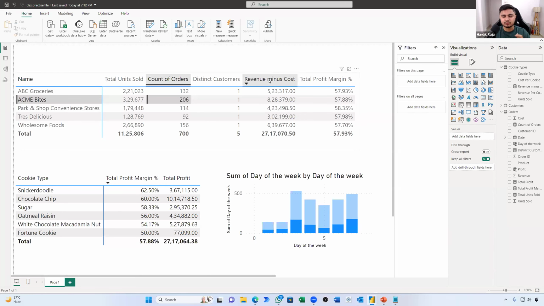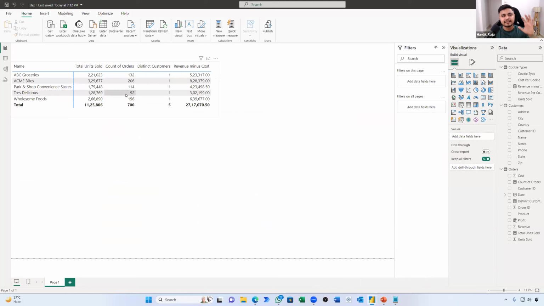Now I will give you the clue as well. Whatever you see on your screen, I will make everything from scratch. So I have two reports in my case. This is the last report which we built together, and this is what we have achieved so far. Now let's build further on this, how to find total profit margins, and this is the kind of data which we have.